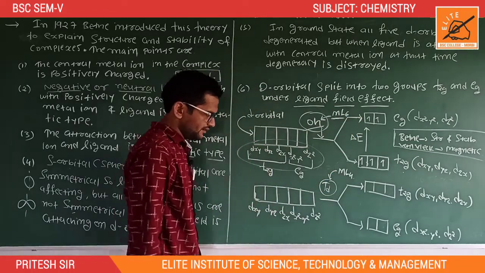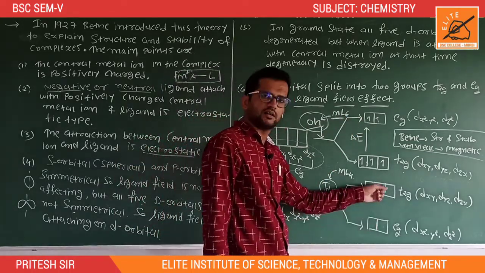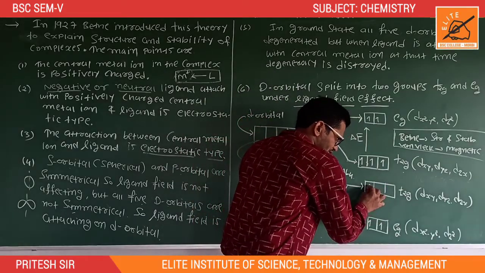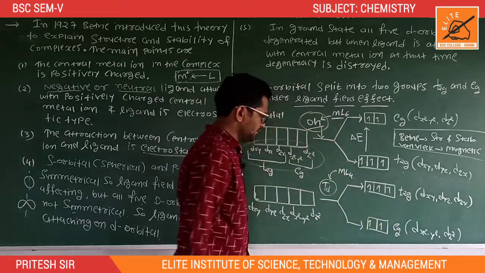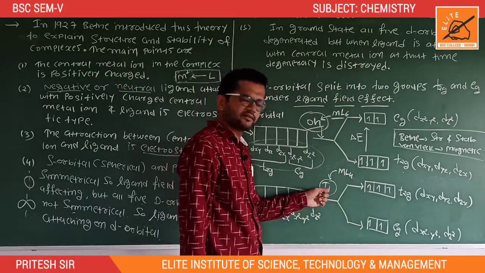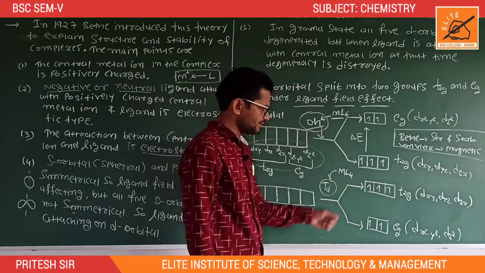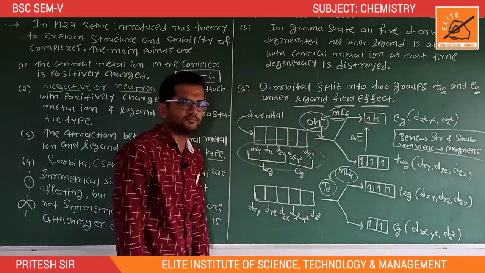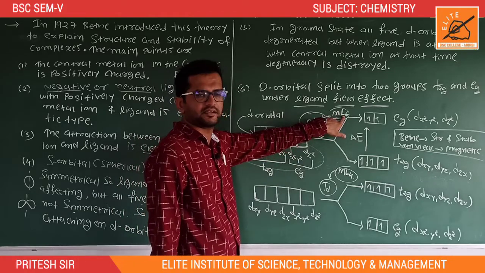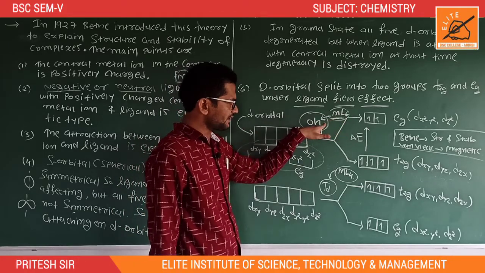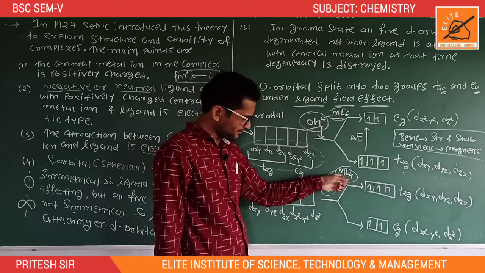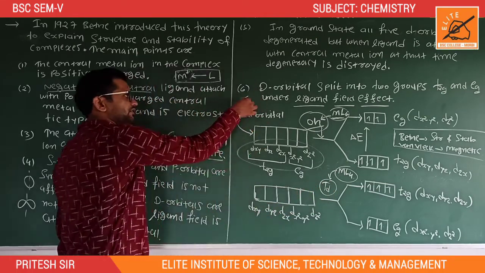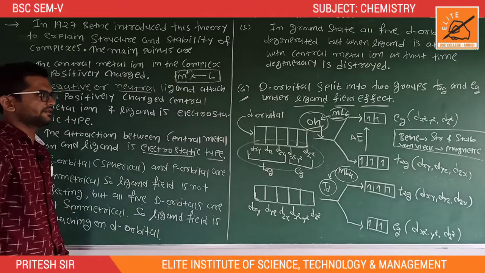Here we can see that Eg is on the downside and T2g is on the upper side. So the first electron enters Eg, then T2g. Okay, so this is possible in tetrahedral complexes. Tetrahedral means ML4 type complexes. Here in ML6, M means metal ion and L means ligand. ML6 means octahedral geometry and ML4 means tetrahedral geometry. Okay, so this is the 6th point of crystal field theory.